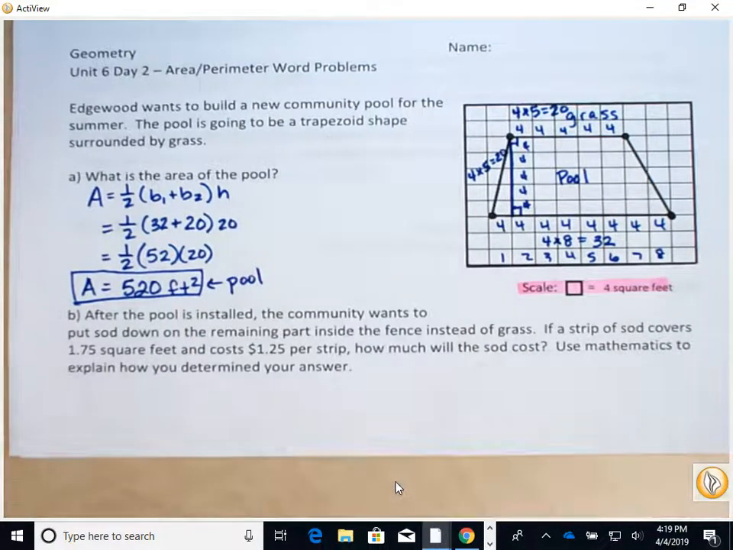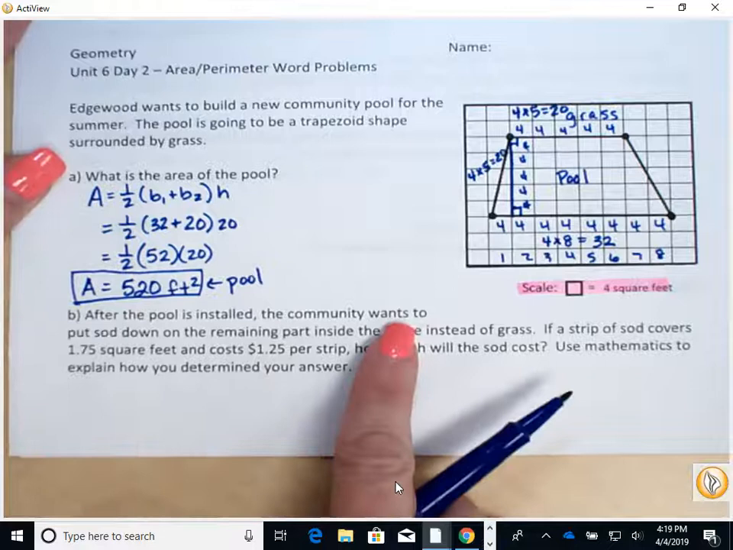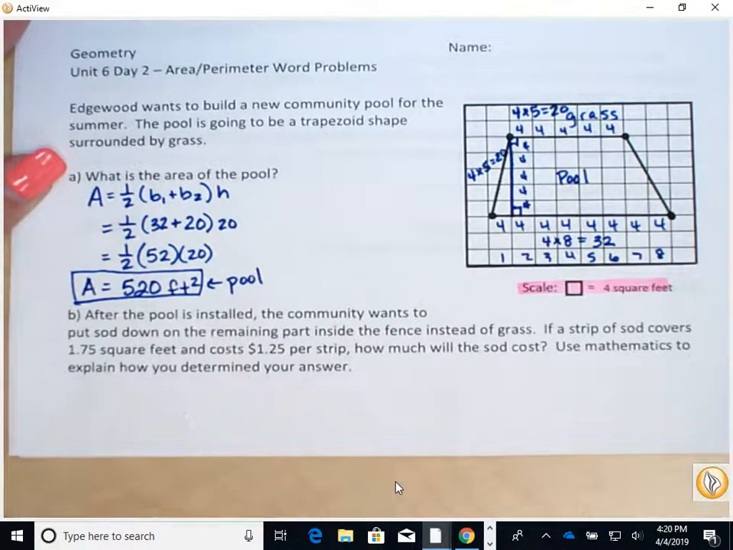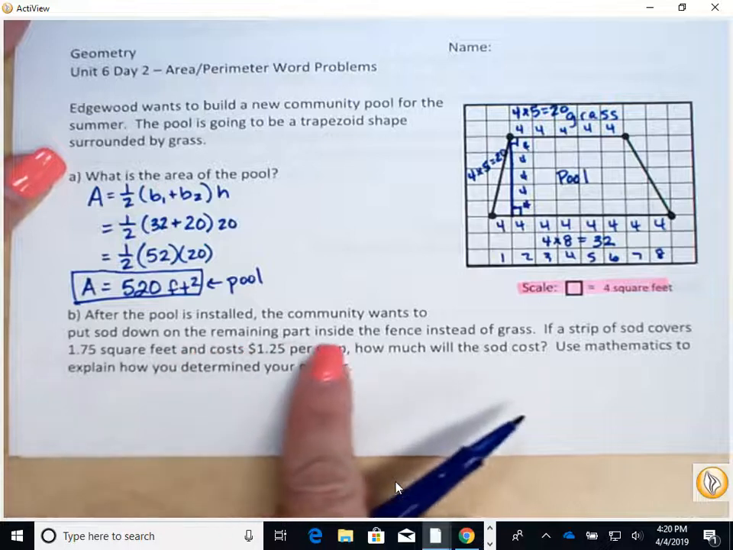Part B says, after the pool is installed, the community wants to put sod down. Sod is just already grass that's already grown and cut into rectangles, or squares, however they want to cut it. You just buy it pre-grown and then you lay it on your yard. So it says, after the pool is installed, the community wants to put sod down on the remaining part inside the fence